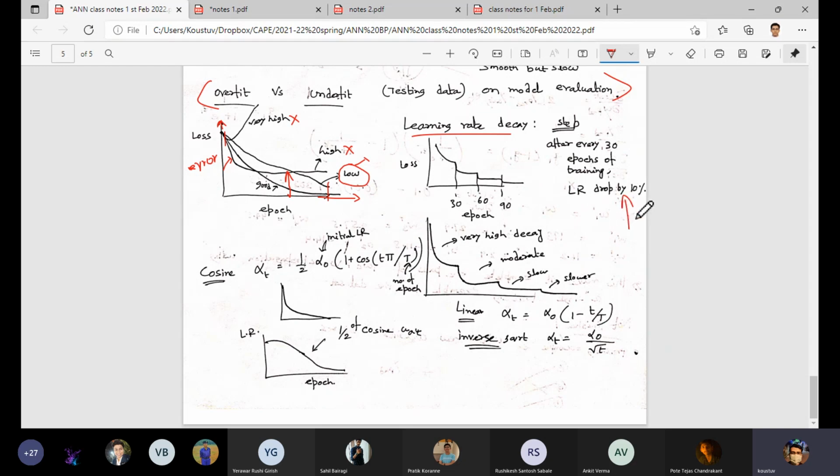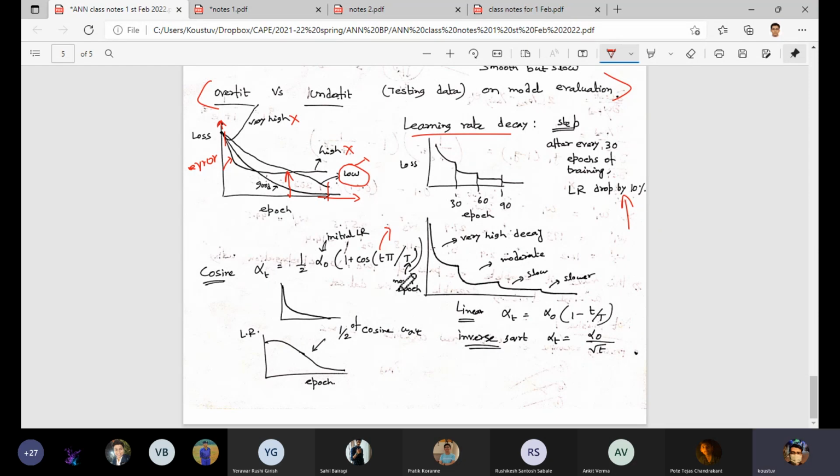So this is one approach. Every 30 epoch calculations, the learning rate further drops by 10%. So further lowering, and then we probably reach the best one, where the loss or error function goes to 0. There can be cosine functions like this. We give an initial learning rate and then we give the time, because this time is nothing but the progress, and capital T is the number of epochs. So it is basically the period, the cycle, T pi by tau.